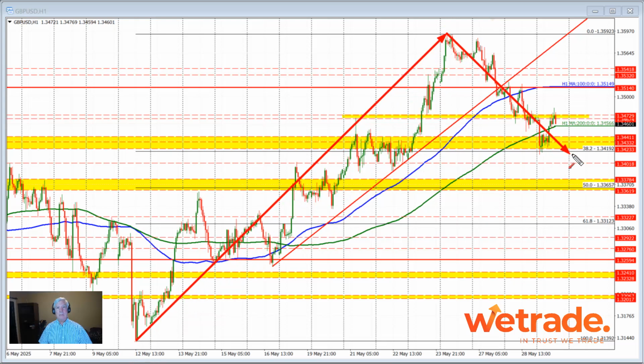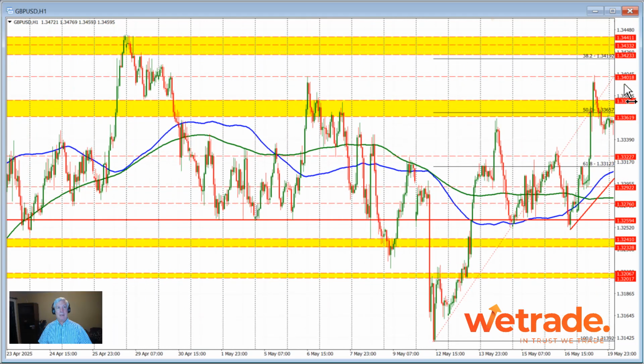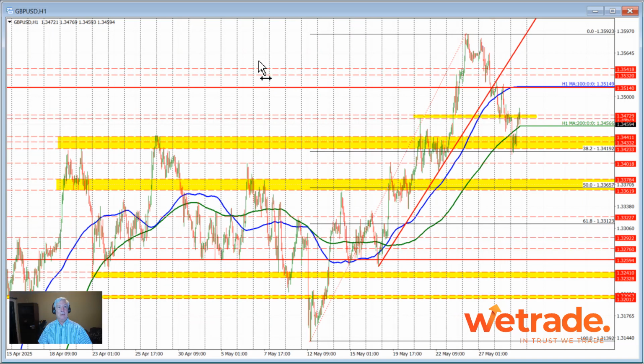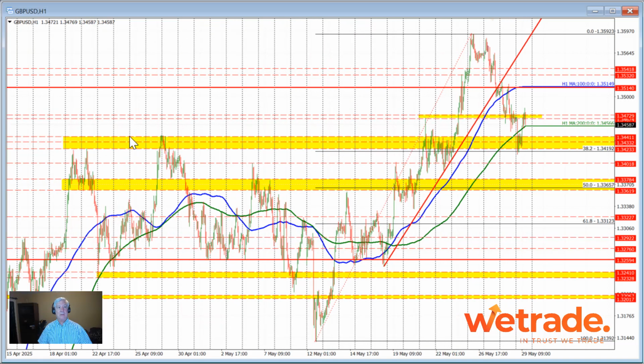That 38.2% retracement came in at 1.3419, and you can see the market moved just a little bit below that level, but then rebounded back into this swing area through here, which goes back in time, by the way. If I go back and back, let me do it this way. Here's a swing area. You can see that there's different swing highs right through here, forming that area before moving